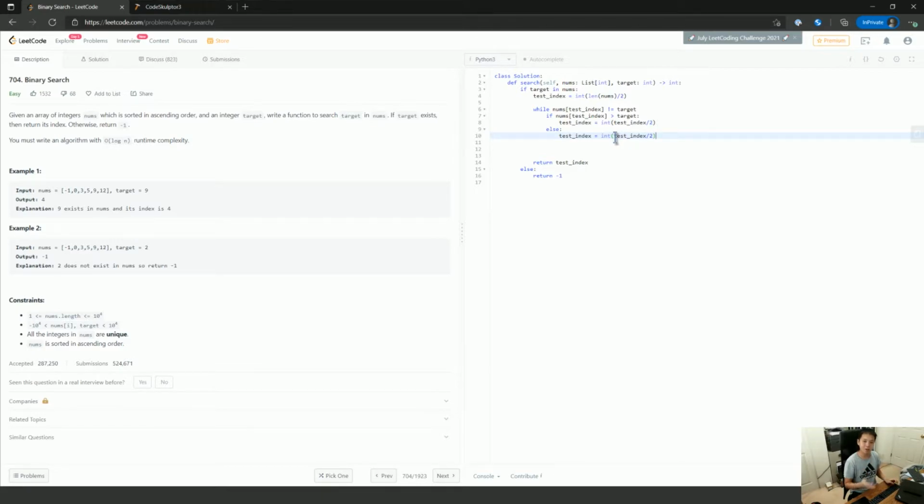For a moment I thought maybe I could keep slicing the list instead of finding the index, but we're looking for the index. Okay, so test index is on the latter half, so it needs to be